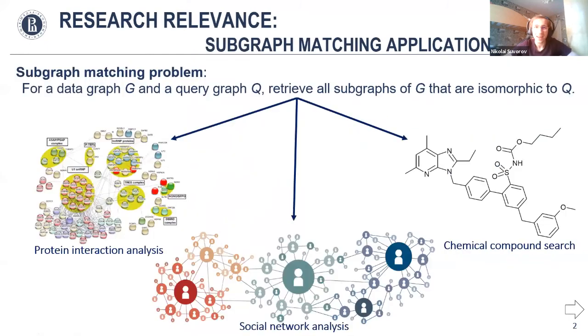In practice, the task of finding an isomorphic subgraph has a wide range of applications, including protein interaction analysis, social network analysis, pattern recognition, and chemical compound search. However, subgraph matching is a bottleneck in most of these applications because this task is NP-hard. For instance, the node count for protein interaction analysis can reach tens of thousands. Thus, active efforts are currently being made to find an optimal algorithm for subgraph matching.